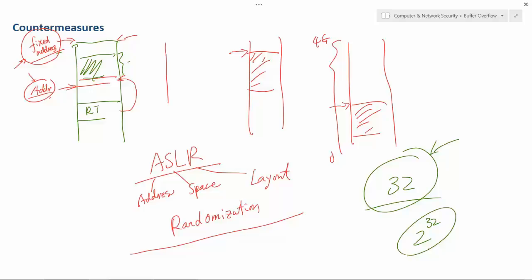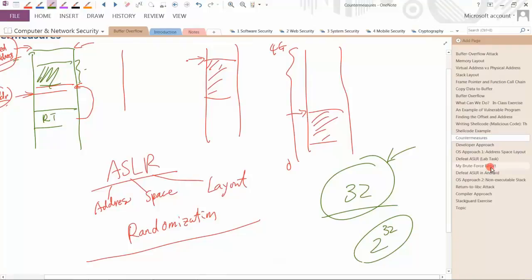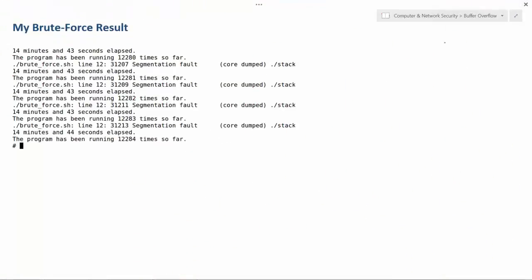Okay? But if you keep running it, sooner or later you're going to hit that point, and you're going to actually still gain the root. So we ask you to do that, and I actually did that myself. Just 2 days ago, I was a little bit lucky. I ran this, and I only captured the end of that, so you can see the cooldown. Once it actually hits the point, once the /bin shell gets executed, it's going to stop, right? Because then it's going to wait for your input, right?